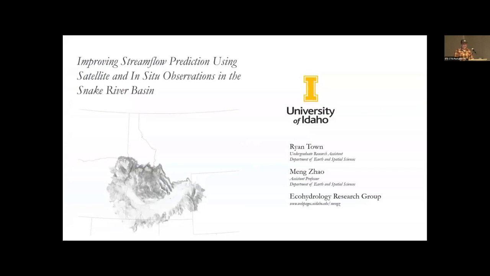I'm here to talk about a research opportunity I've become a part of over just the past semester. I'm working in Dr. Zhao's eco-hydrology lab. We're part of a project that's using state-of-the-art technology, remote sensing data and modeling to understand and improve predictions in different aspects of the water cycle, especially groundwater fluctuation and plant-based processes here in the Snake River Basin, located mostly